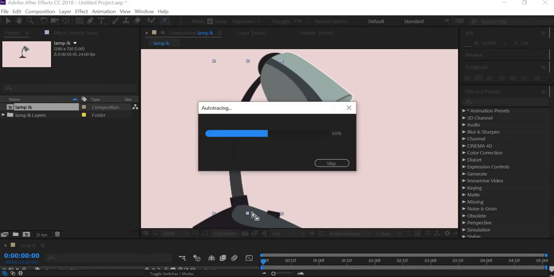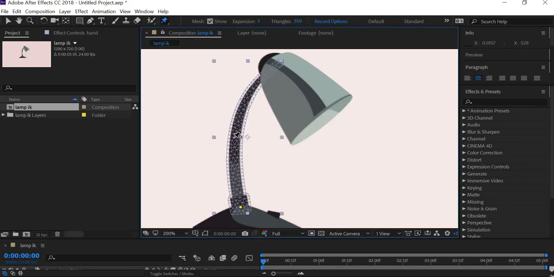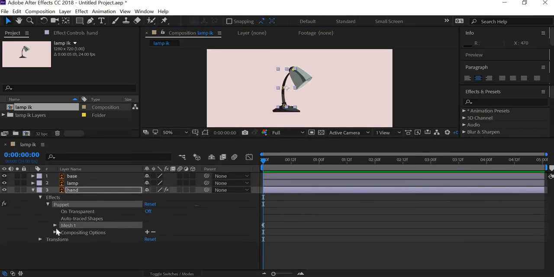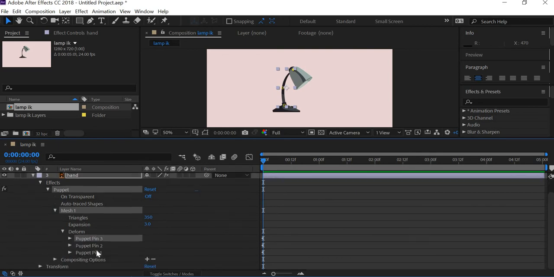One puppet pin will go here, one will go at the center, and one will go at the top here. So we create 3 puppet pins,